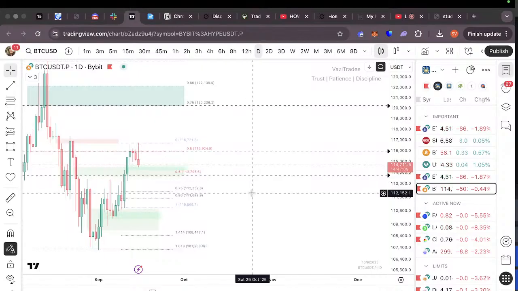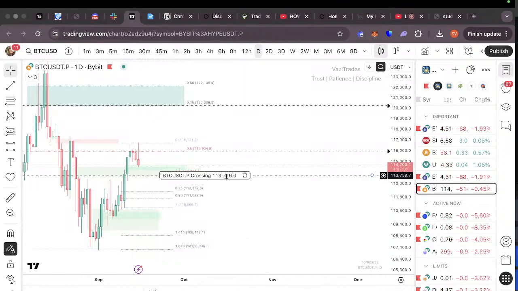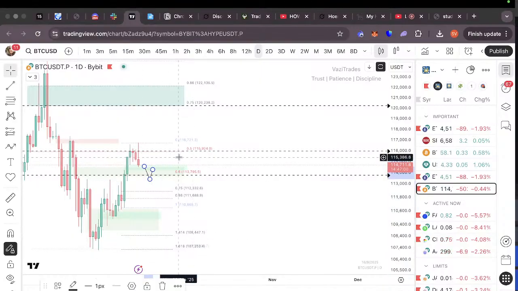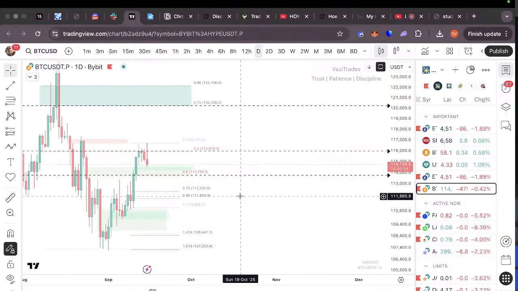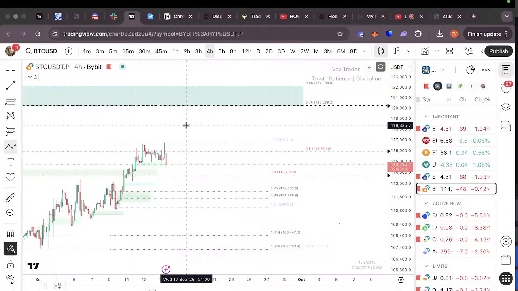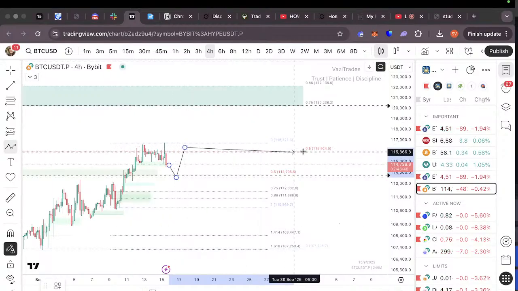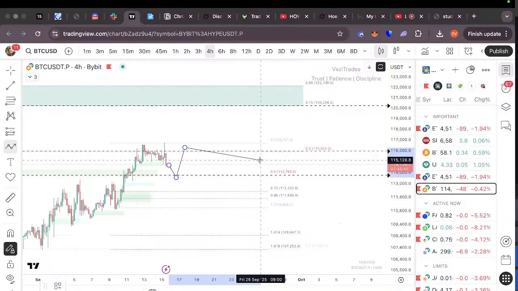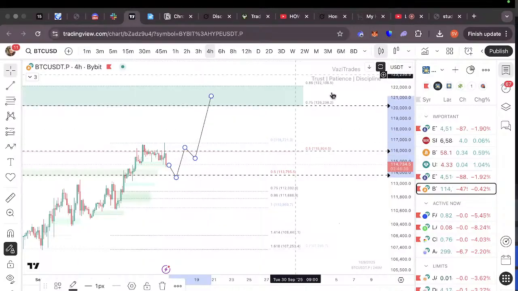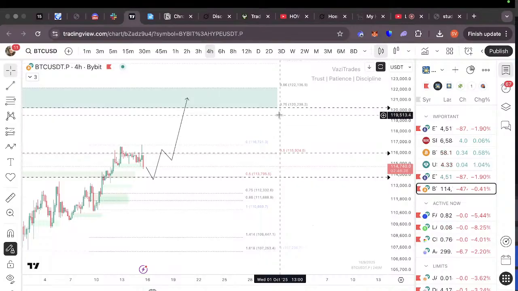This 113,795. If price loses the support today, then this is the beginning of another strong correction. If price will manage to give us a nice bounce and break the $115,924 resistance area, then the next stop is this one, 120,238,